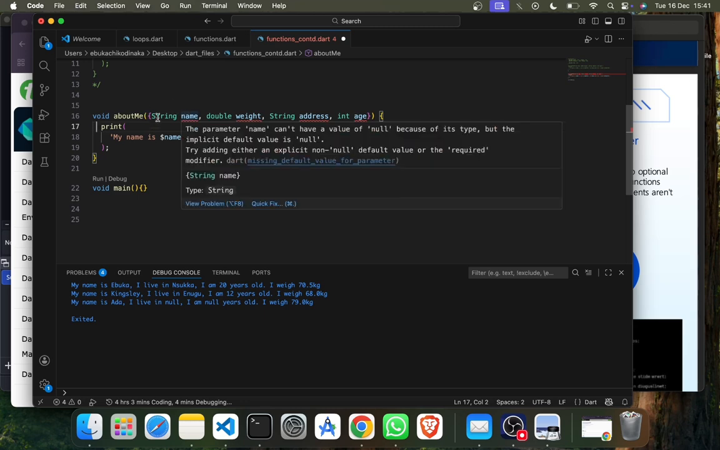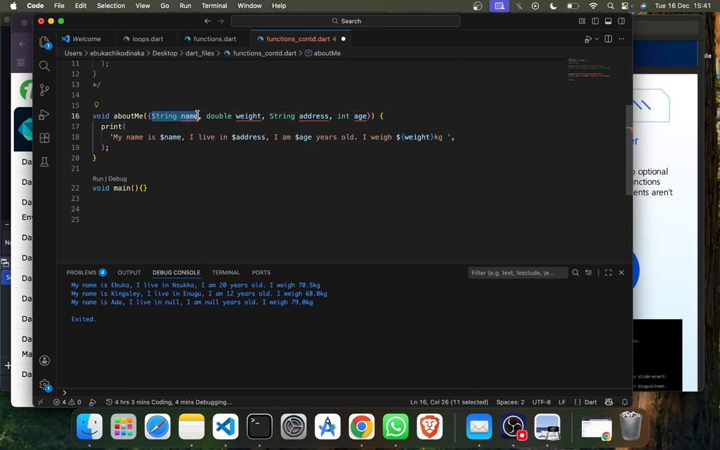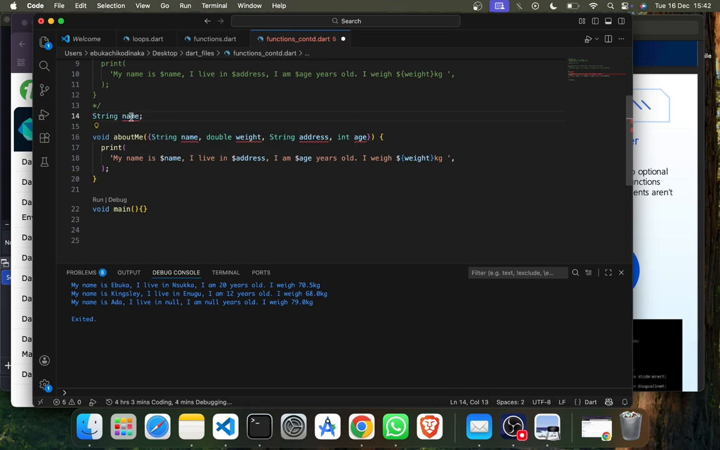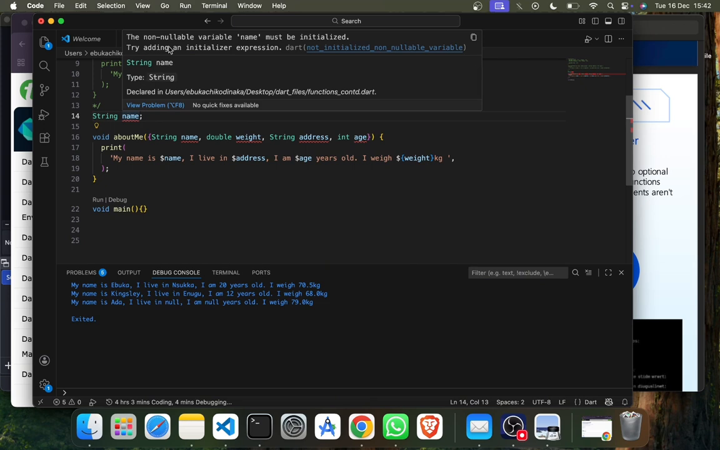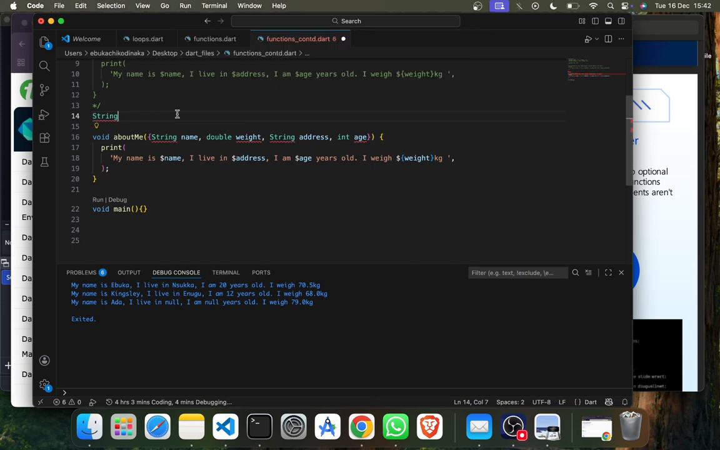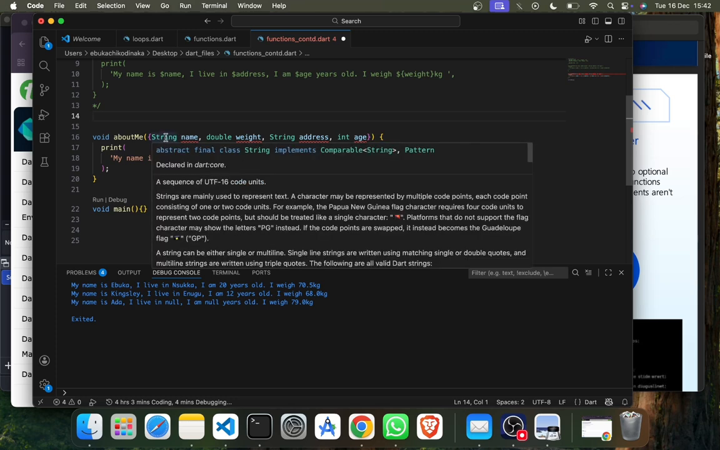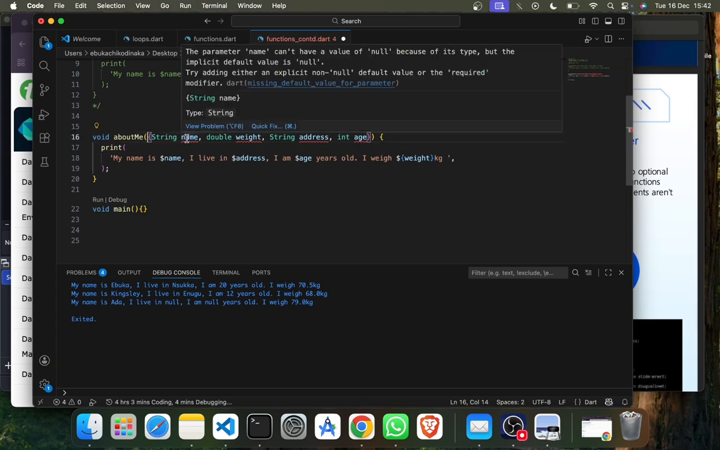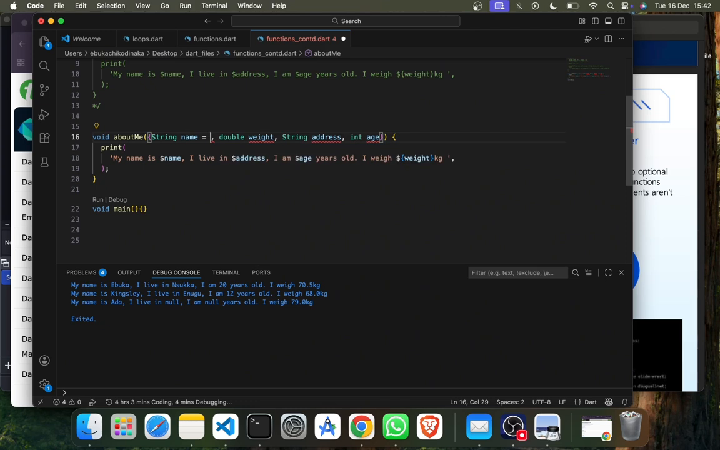This is like what we had in our variable declaration when we declared variables without giving them values, and we had an error like this. It said the non-nullable variable name must be initialized. So we are having this error because these parameters need to be initialized. So what is the way out? We can either initialize them,